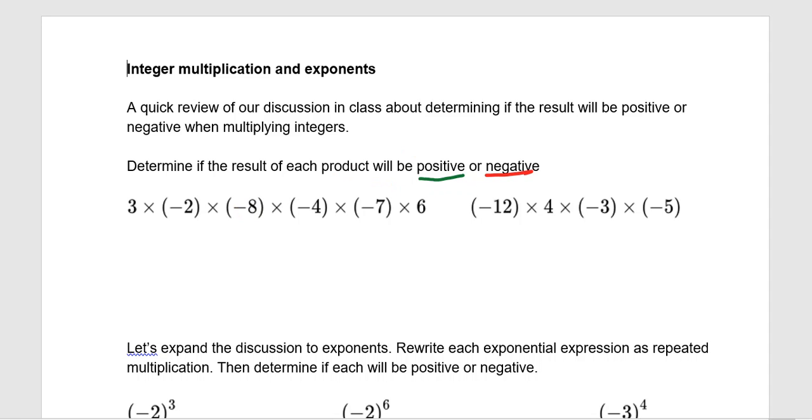So remember what we talked about in class today, that we simply have to add up the negative signs. So I've got 1, 2, 3, 4. So the number of negatives, I'm just going to put in parentheses, the number of negatives equals 4. 4 is what type of number? 4 is even. So what did we say about an even amount of negatives being multiplied or divided? We said that that will give us a positive